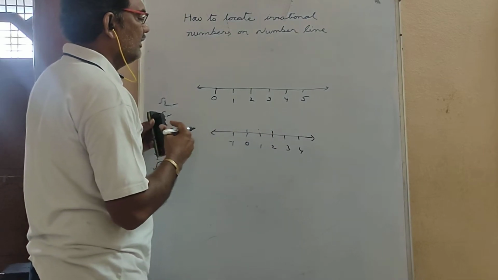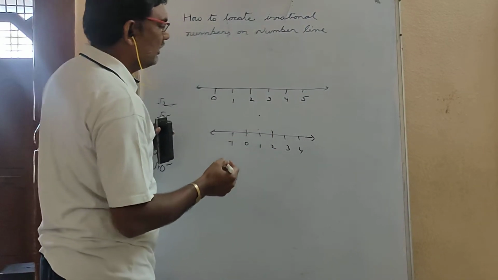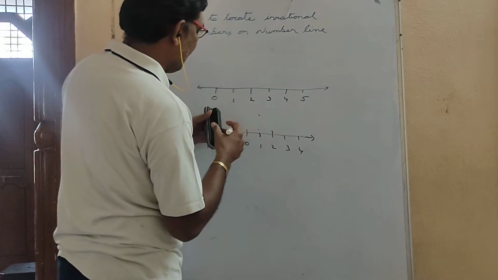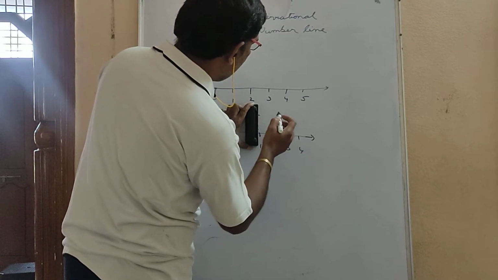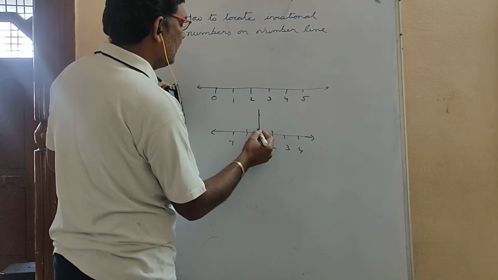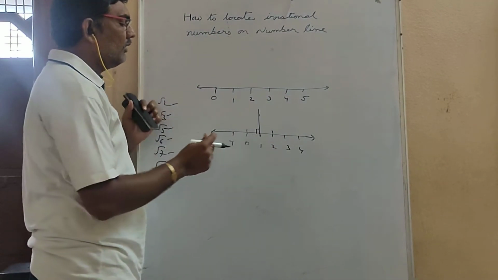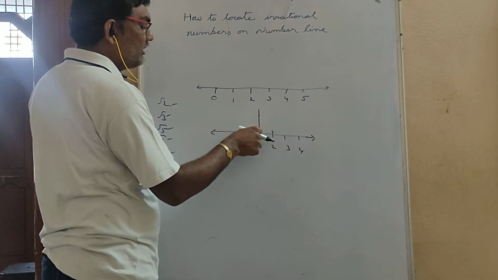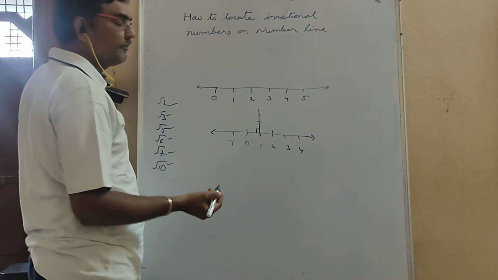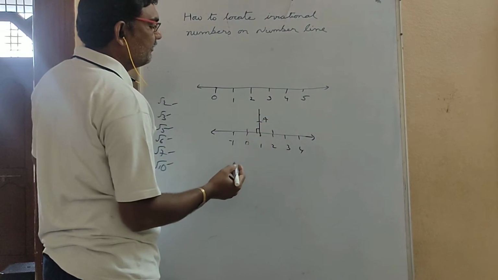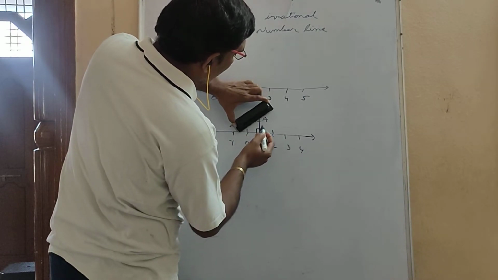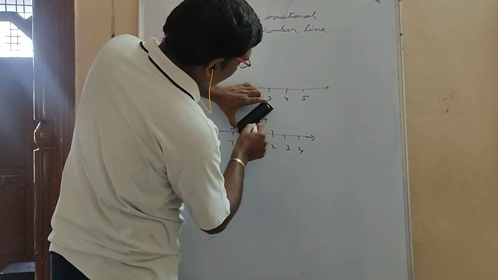Remove the protractor. Then you will get one point over here. So it is 1, this point and this point. By using the scale, join it. Then what did you get here? You got a perpendicular. Now I took the compass, and 0 to 1, how much distance is there? Keep the same distance from 1 as one arc, like this. This point, name it as A. And by taking the scale, join A and 0.